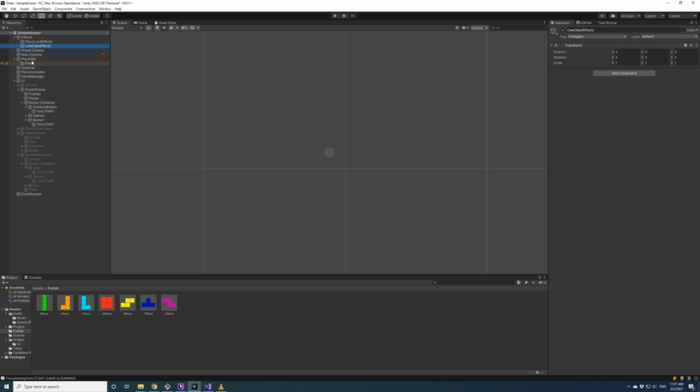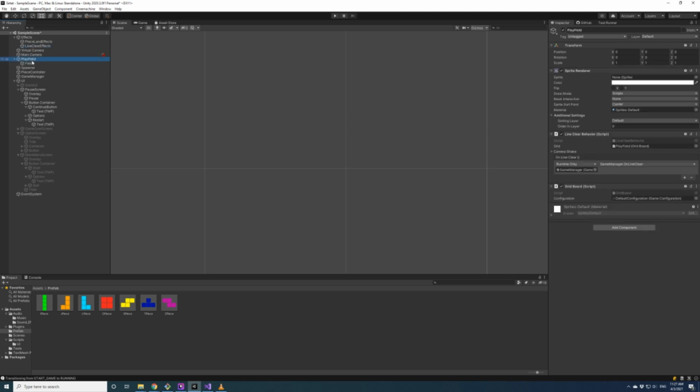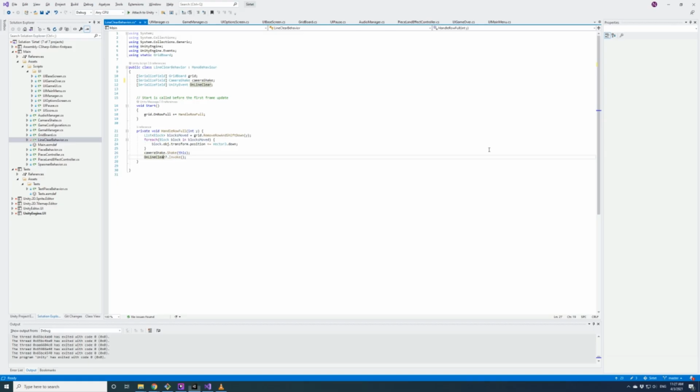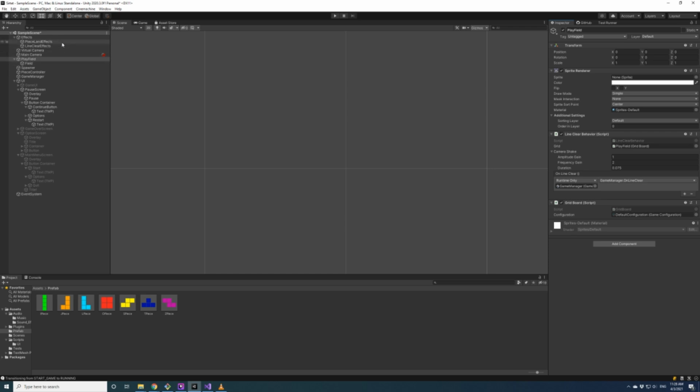And the camera shake. What is a camera shake? Like the camera shake should be part of this.